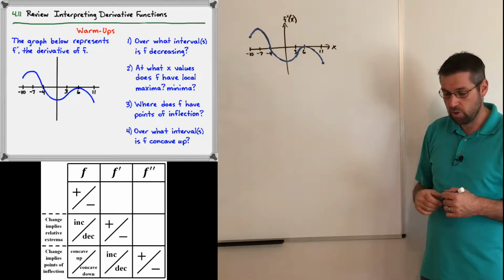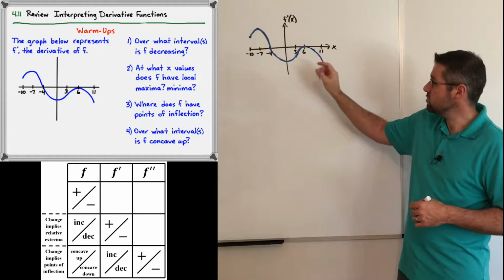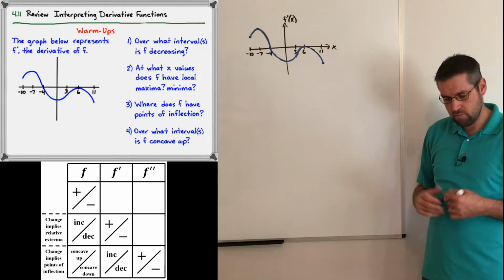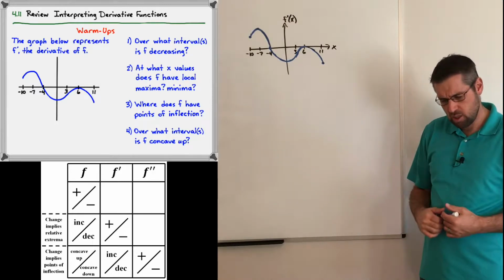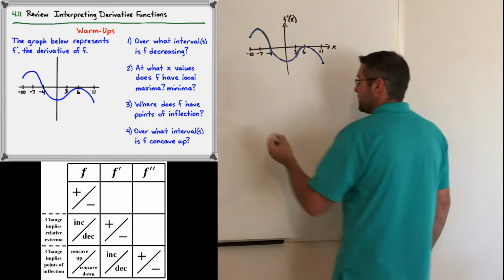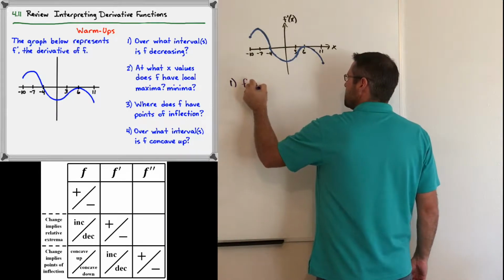One other thing I wanted to note is that I wanted to make this a closed interval. So at the endpoints -2 and 11, we have closed intervals because that will help us understand a little bit more about extrema as we go along. So number one, it says, over what interval is f decreasing? So number one is pretty easy. We want to justify what we're looking for. F is decreasing